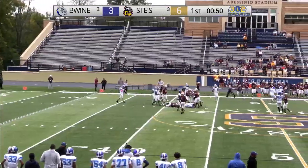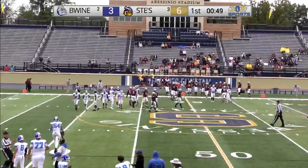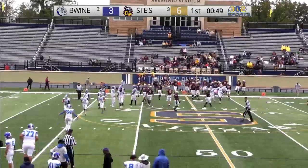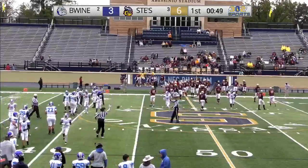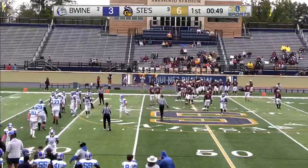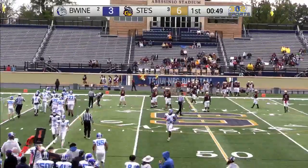So that one returned just outside the 40. And Brandywine going to start this drive with some decent field position at their own 42. Yes, I hear McNair, up man, returning that one. Another tall, lanky player for Brandywine. They do have some size at the skill position there. Good field position, and let's see if they can